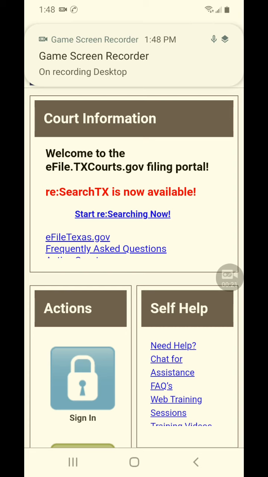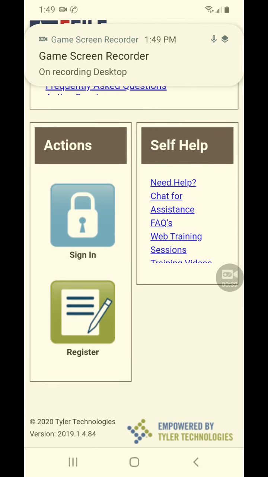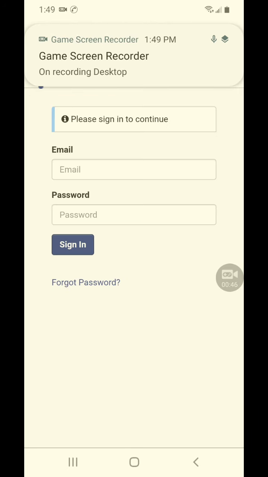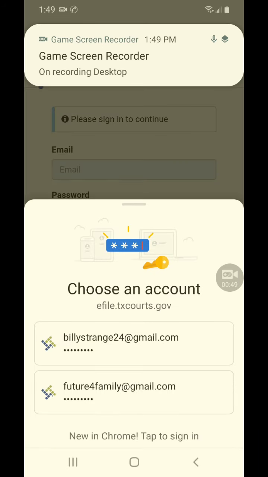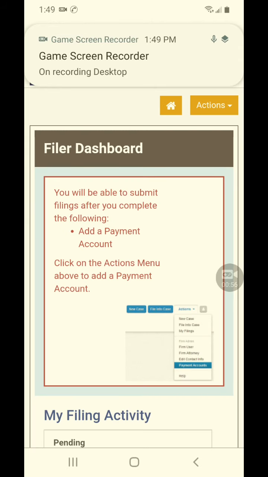when you look at the court information right here, it's got the link to the filing place. It's efile.texascourts.gov. So type that in and it should take you here. If not, I'll send you the link. And you're going to go down to register and register an account. I've already done that, so I'm going to go ahead and sign in. Now,